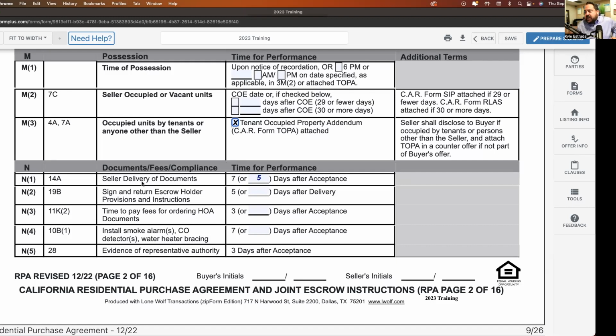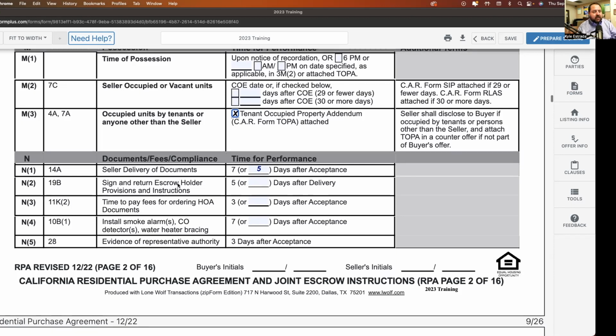Let's see what we got here in chat. In a situation of tenant occupied, if it's negotiated cash for keys, do you write that into the document, or do you just mention it or not? No. All you're going to address here, because the cash for keys is a whole separate thing, that's an agreement between the landlord and the tenant. There is a cash for keys agreement in Zip, but here all you're going to discuss in your offer is whether or not it will be tenant occupied or vacant. That's it.